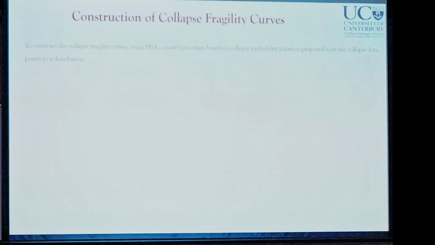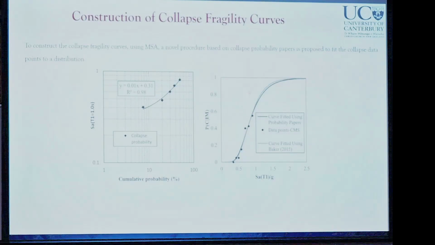In order to construct the collapse fragility curves based on multiple stripe analysis, we get the collapse probability data points, and we need to fit a curve to those data points. We have developed and proposed a novel procedure based on probability papers. It's a very simple procedure, and again, I won't go through the details of it, but it has been compared with one of the methods in the literature which is a lot more cumbersome, and we have seen very close results. The point here is that because we are conducting analysis at several intensity levels, we don't want to conduct analysis all the way until we get 100% collapse probability. So we need to actually predict the curve from some point, and that's where these fitting